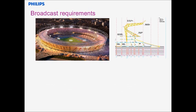Right, one of the things about the stadium, and I've got a slide here, but I don't know if the second image is going to appear, I'm afraid. But if you look at the image there, this was the very early image of the Olympic Stadium. You see it in artist's impression and also in section. And this was what we all thought the stadium would look like until about 6 months into the build, when